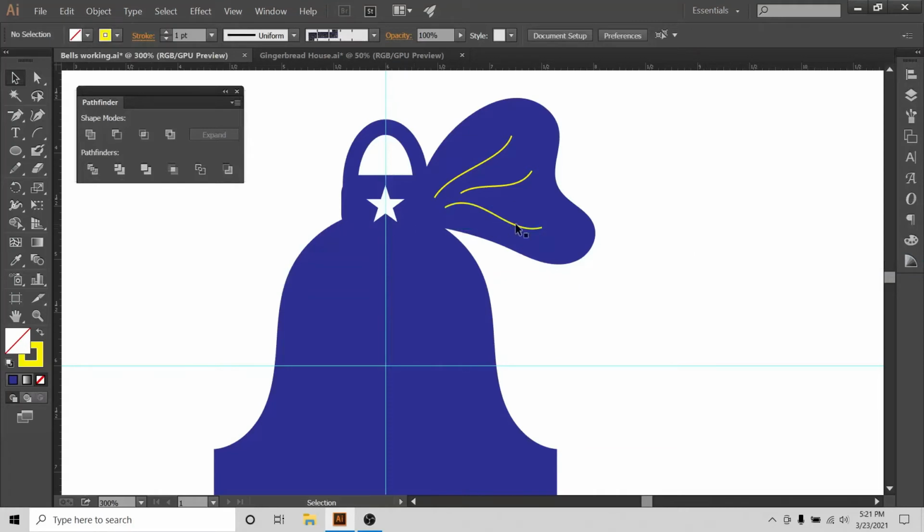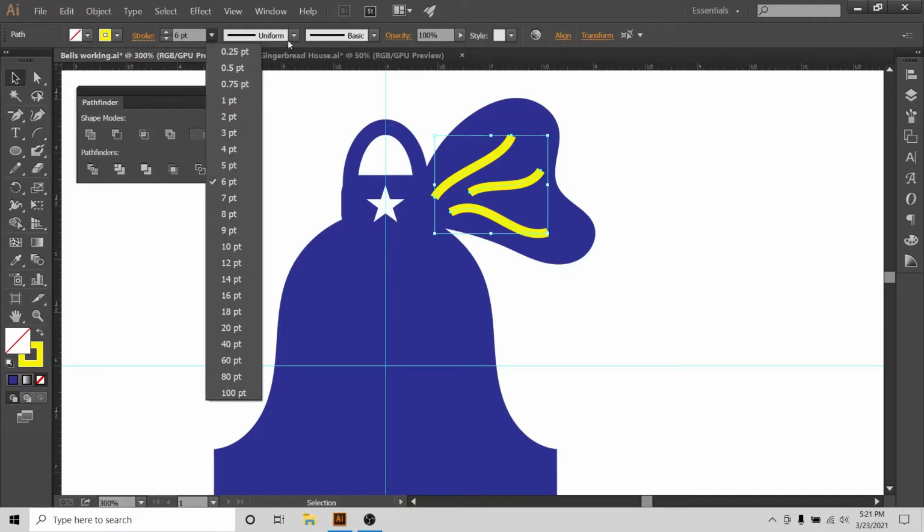Now these lines have the character of the style I drew, but they have fewer anchor points. What I'm going to do now is select all of those, increase their width, and check that they are apart from each other so there is enough material between them, and I'm going to choose variable width